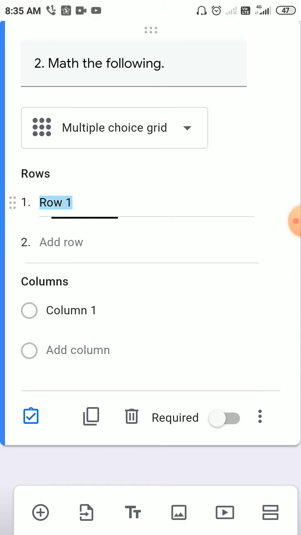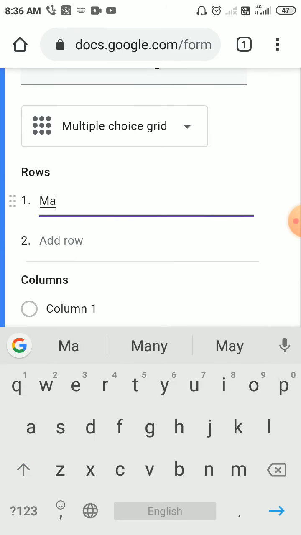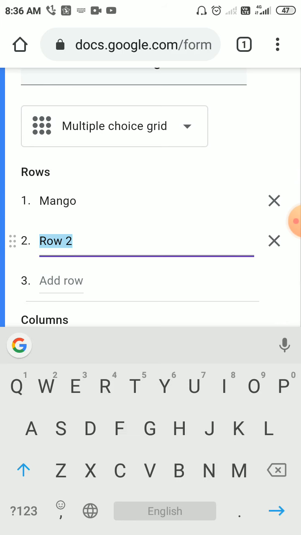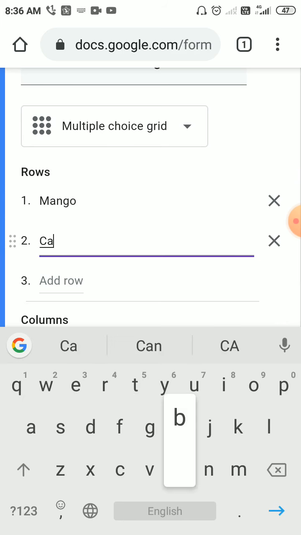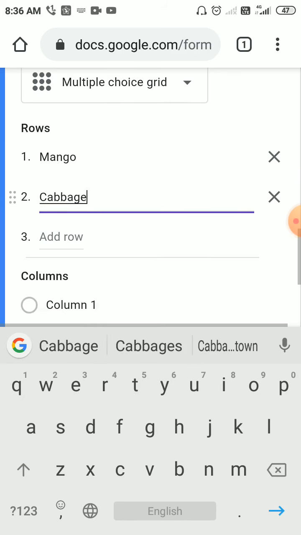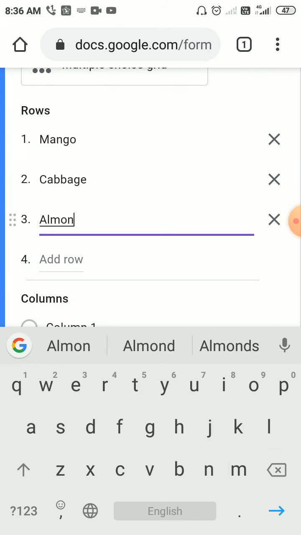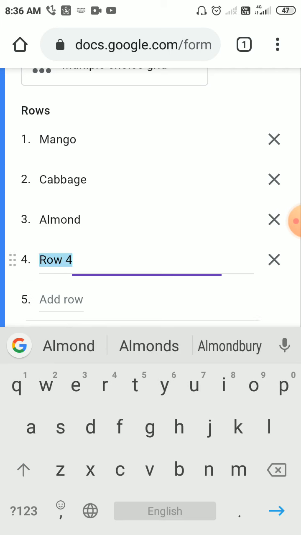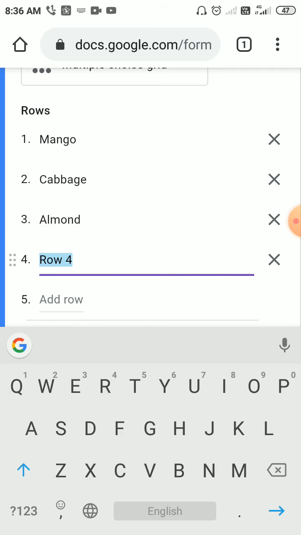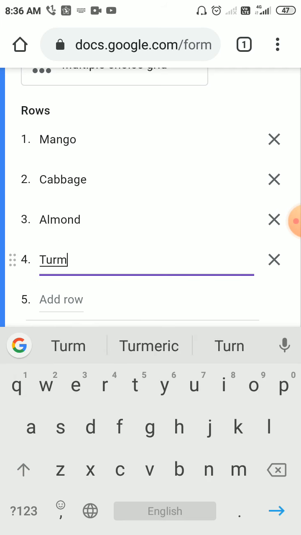In row 1, suppose I am typing mango. Second row, cabbage. Third row, almond. Fourth row, turmeric.